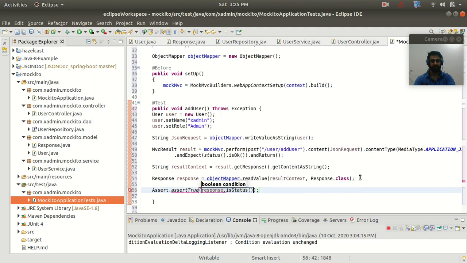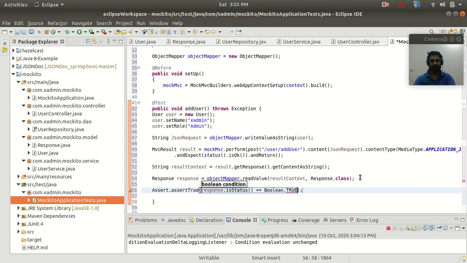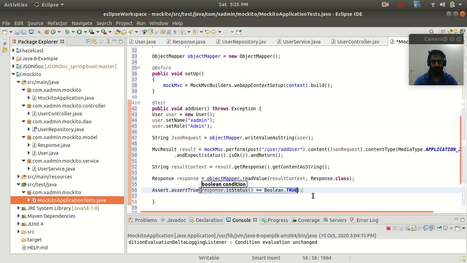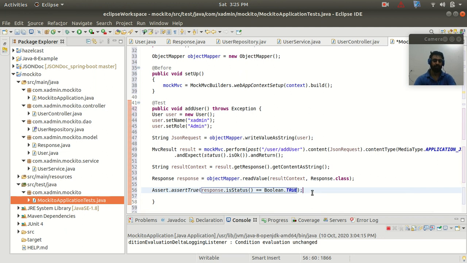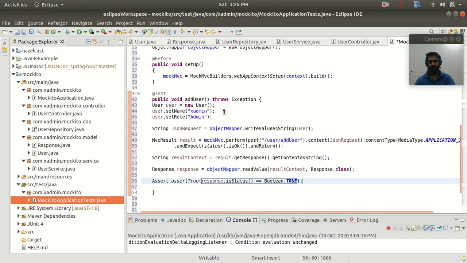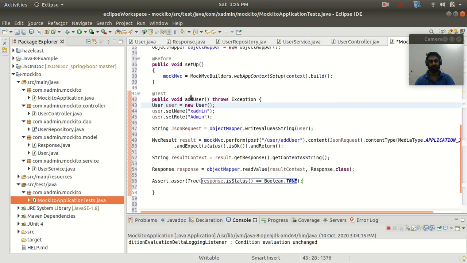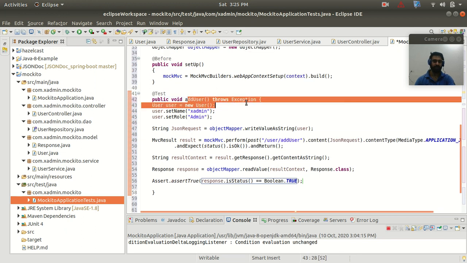So we need to call isStatus, and then here I will do equals Boolean dot TRUE. So guys, if my status is true, then it is going to pass my test. If the status is false here, then it is not going to pass our test, right? So this is for our post method, that is the add user method.